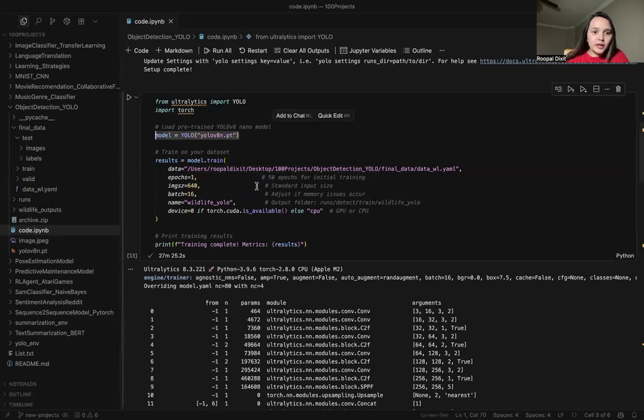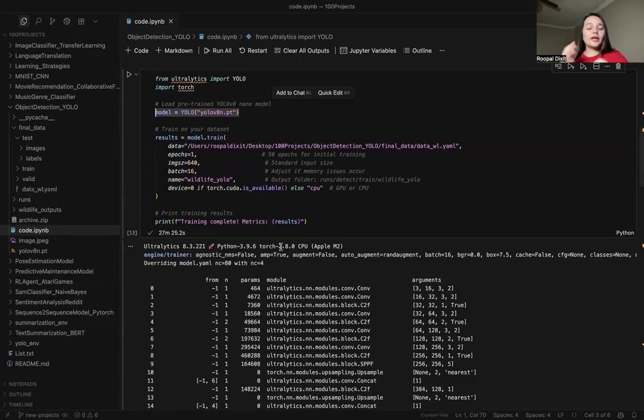You import it, download this, and load this pre-trained model. You can see it in your folder, in your directory as well. For training the model, I am using a dataset from Kaggle, which has I think 15,000 images of animals, including cows, buffaloes, giraffe, zebra, and elephants.